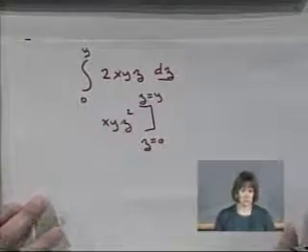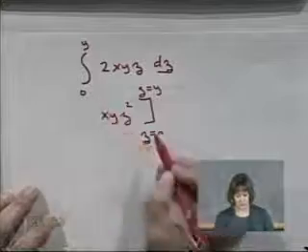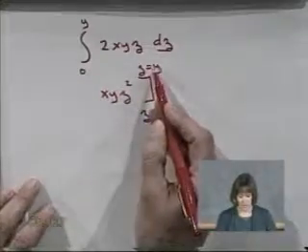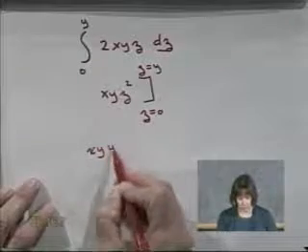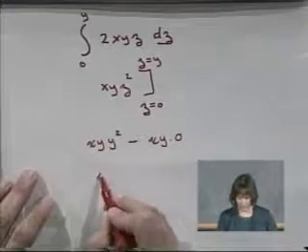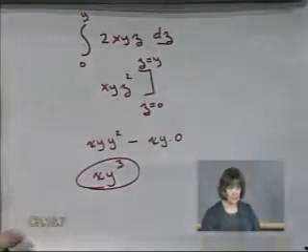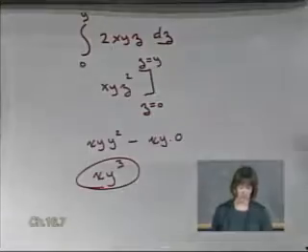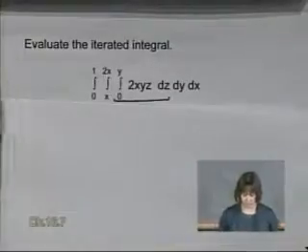And notice this is as z ranges from 0 to y. Especially when it's a triple integral, you want to write, I'm integrating with respect to z, z's ranging from 0 to y. So I'm plugging in y for z, so I get xy times y squared minus xy times 0 squared, and I get xy cubed for my inner integral. Now, unfortunately, since it's a triple integral, we're going to have to do this 3 times. So I take my xy cubed,